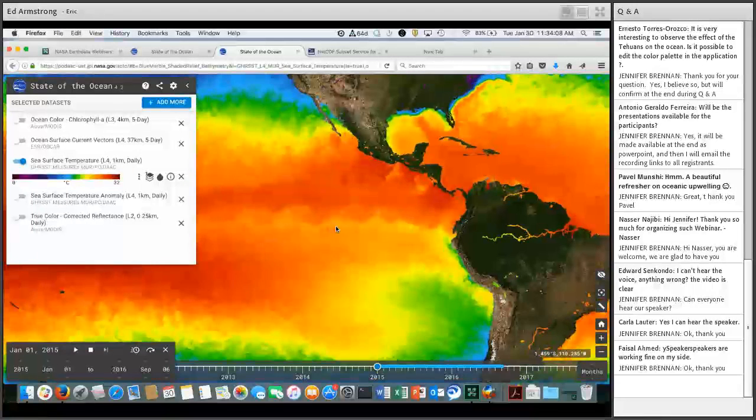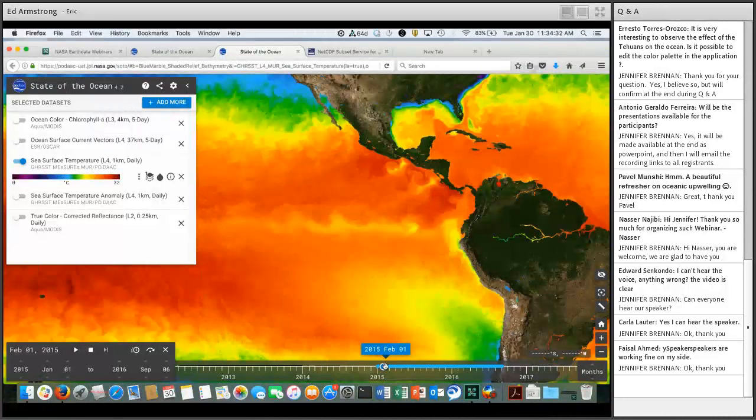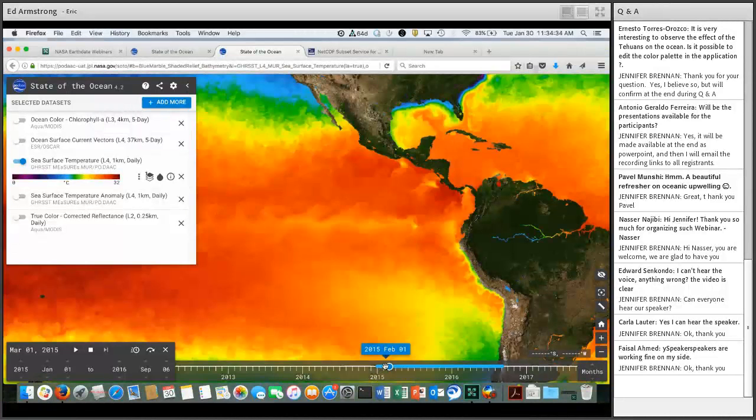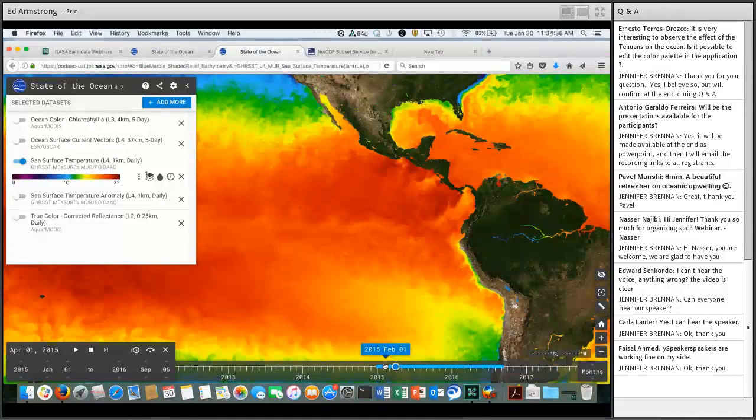As I forgot to mention, I've had this animation preloaded, and it's at a monthly time step. So even though this layer is at daily, I can step through the time series on a monthly time step. And that's what I've done because there's an overwhelming number of time steps in the time range that I've chosen right here. And so what I wanted to show you here is that as we step through this time series at a month, unless you really have an expert eye and really know the oceanography in this area,